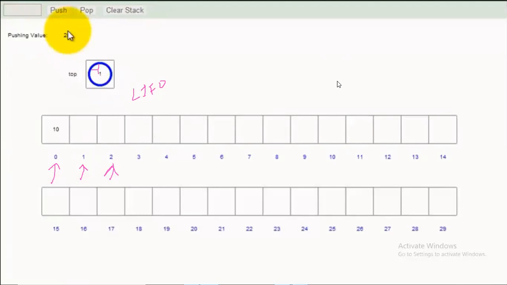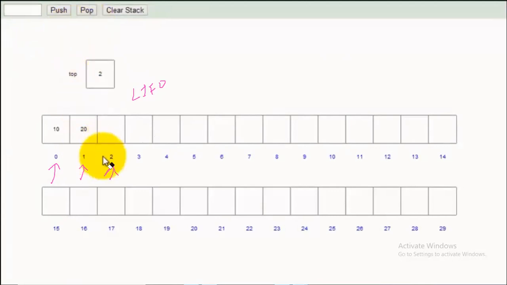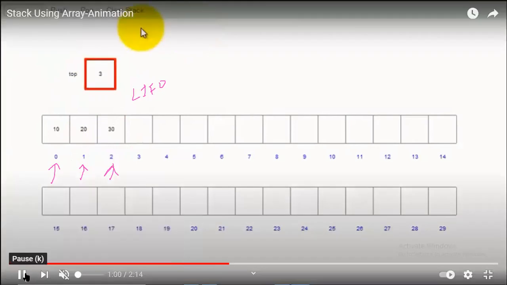When you push 20, you could see it will be inserted into the next position. The top is incremented to 1. Again top is incremented to 2, when you push the element 30. So 30 is inserted. This is regarding the push operation.